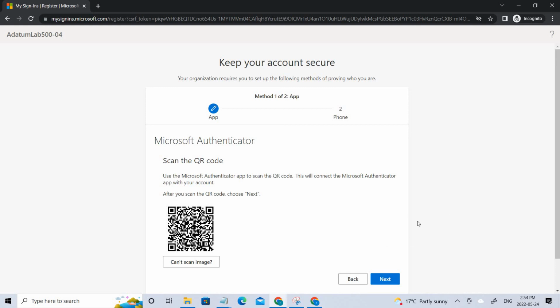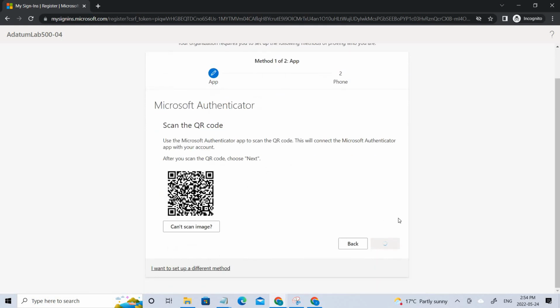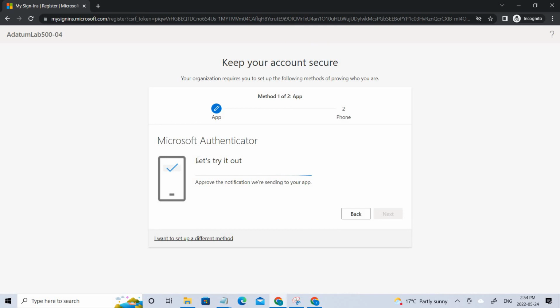I think now it's done. So let me go next. So it's now asking me to approve the sign in because I've already scanned the QR code. I'm clicking approve. I'm doing my facial recognition, and you can see now it's done since I've approved from my